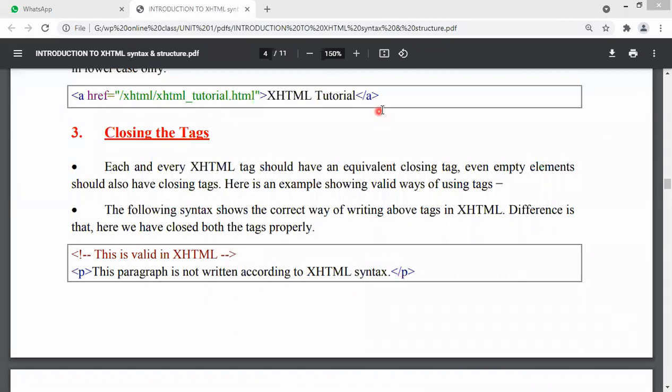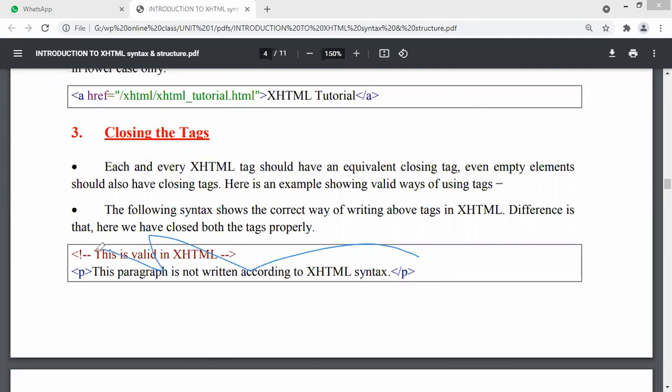Whereas in HTML, we saw in lecture number 11, I guess, that we do not close the body tag, but still it is getting executed. We forget to close the tags, but still it is showing the output in the browser. But that is not the case in XHTML, where you compulsorily have to write a closing tag for each opening tag. Clear to you?